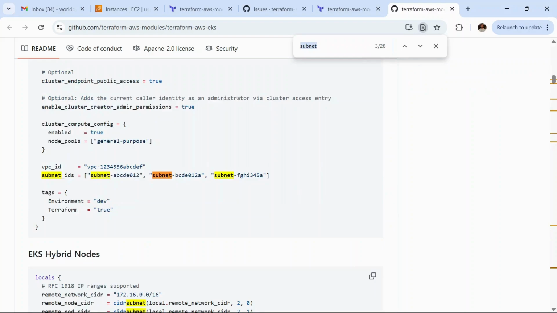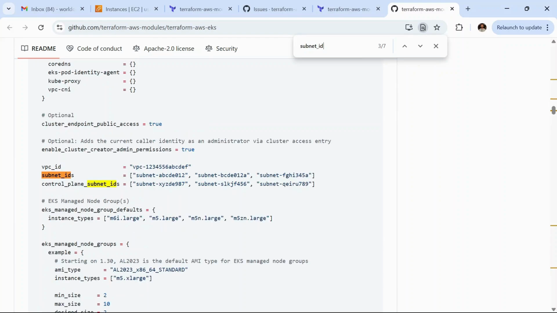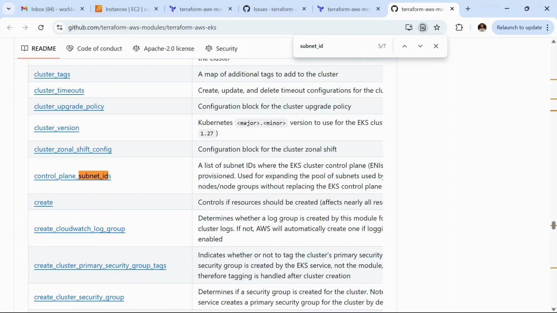So let me go to subnet_ids. As you can see, the option is available: a list of subnet IDs where the EKS cluster control plane ENIs will be provisioned, used for expanding the pool of subnets used by nodes and node groups without replacing the EKS control plane.